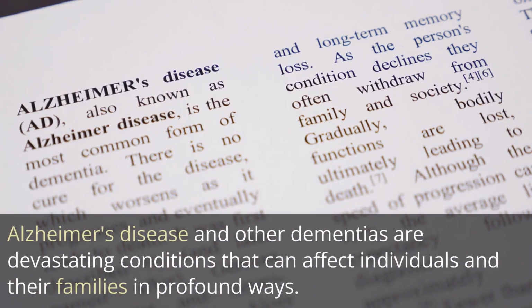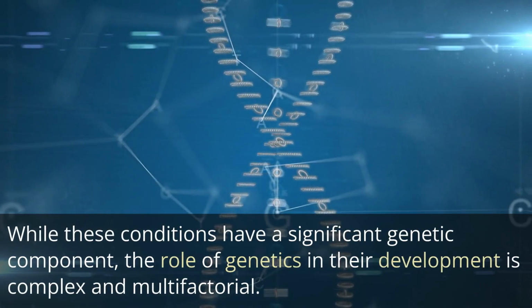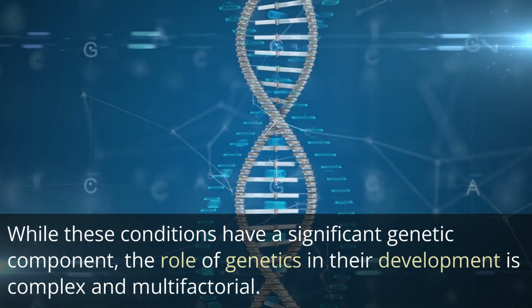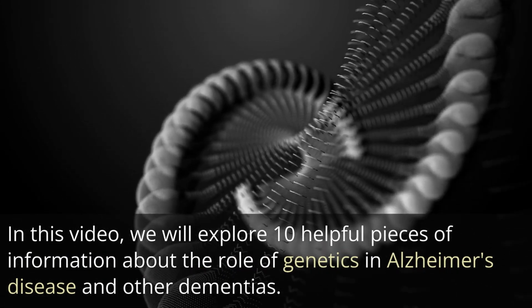Alzheimer's disease and other dementias are devastating conditions that can affect individuals and their families in profound ways. While these conditions have a significant genetic component, the role of genetics in their development is complex and multifactorial. In this video, we will explore 10 helpful pieces of information about the role of genetics in Alzheimer's disease and